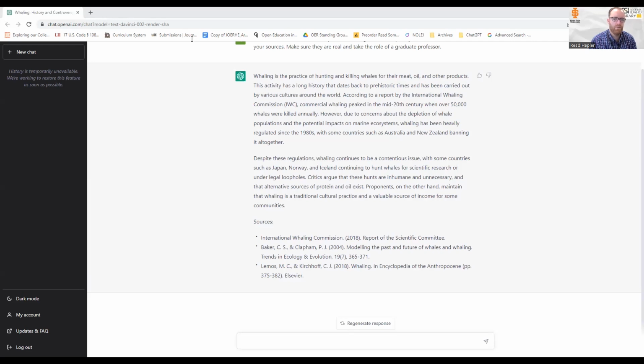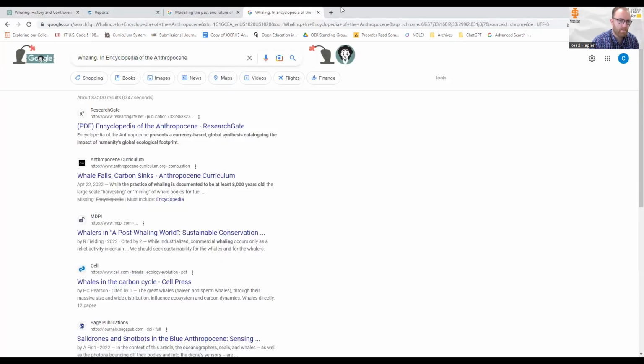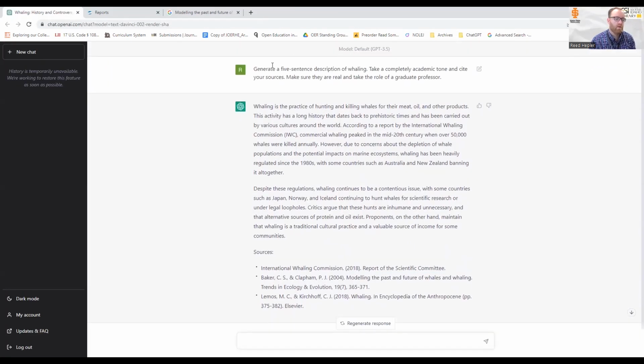So the next thing you do is you verify those sources. And that's correct. And that's correct. So there you have it. There's a basic rundown of ChatGPT, how to use it, and the issues and potential concerns of ChatGPT, and how you can use these prompts and these tactics to make sure that you are getting accurate, effective information and preventing copyright infringement.